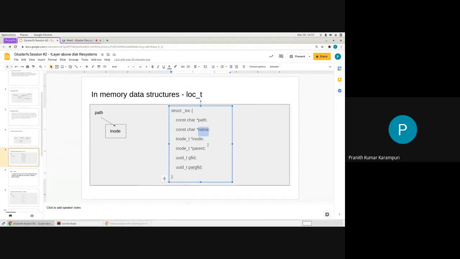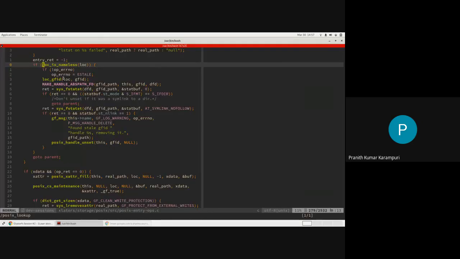We talked about two variants of lookup, right? One, you only have the inode information. Another one, you have parent inode information and name. So if the LOC is nameless, that means it was only given inode and GFID. In that case, it will try to get the absolute path for the GFID.